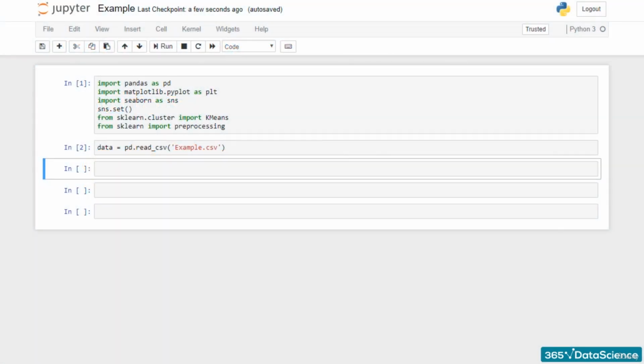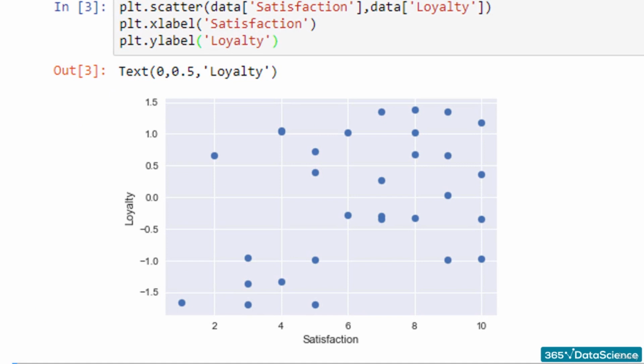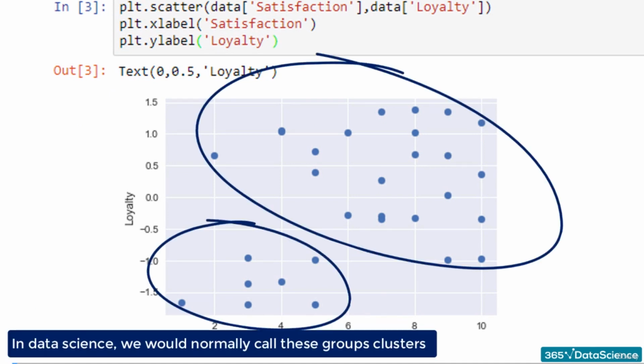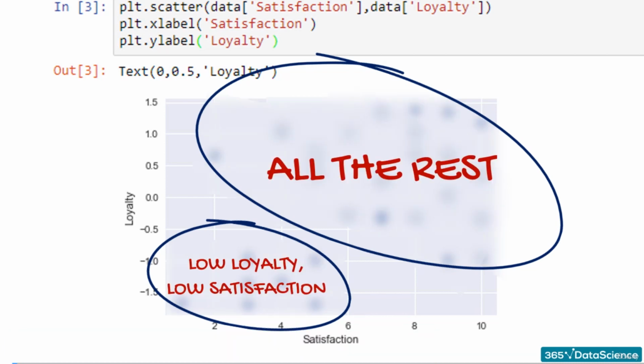Ready? Here we go. The data set that we've got is an example of a scatter plot. How many groups of points can you see? There are two groups that stand out. In data science, we normally call them clusters, so two clusters can be identified instantly with no machine learning whatsoever. One represents people with low loyalty and low satisfaction, the other containing all the rest. Our preliminary visual examination shows us that there are some insights we can draw for sure, but let's take a